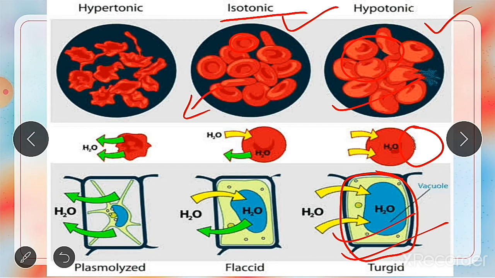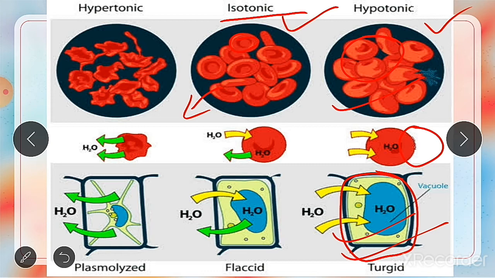One such solution is known as Ringer's solution. It is an isotonic solution for animal cells in physiological experiments. Suppose many physiological experiments are going on in the laboratories. To keep the cells, the researchers use Ringer's solution because it is isotonic and the cells maintain the same size and do not change. There is no effect of the solution on the cells. So it is known as an isotonic solution.